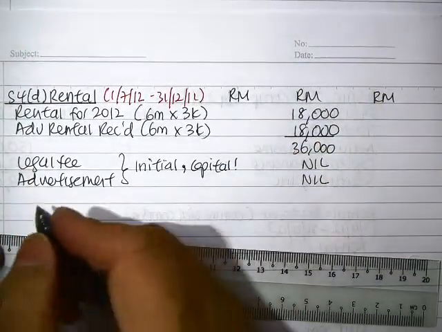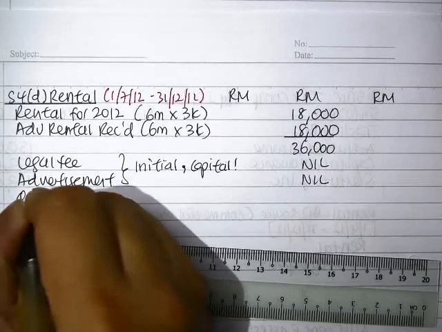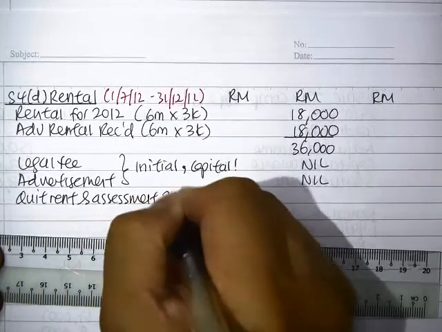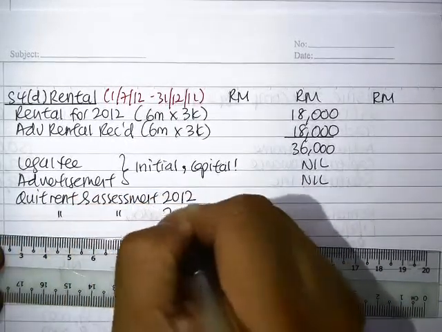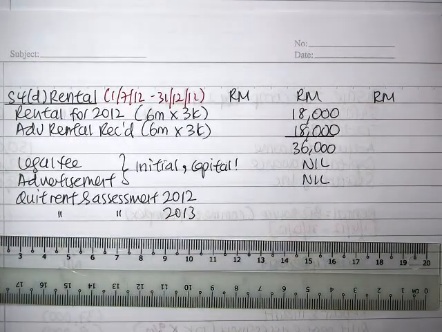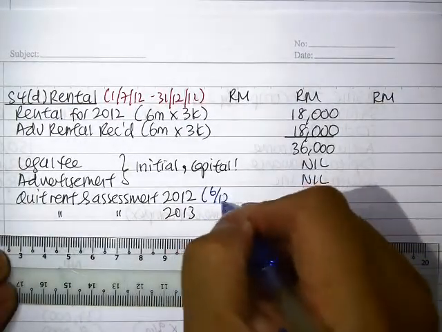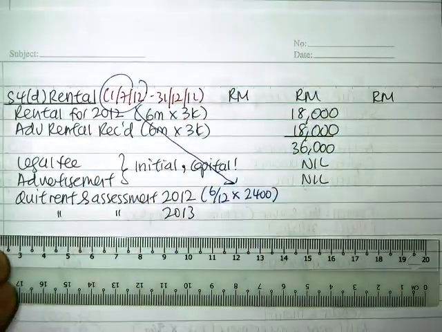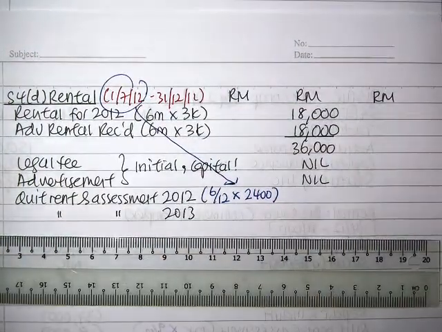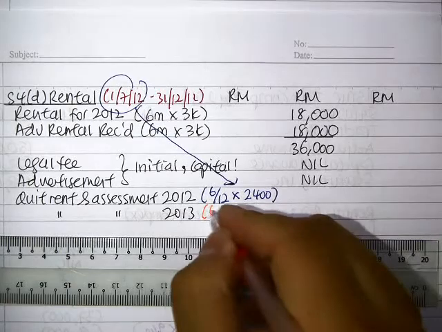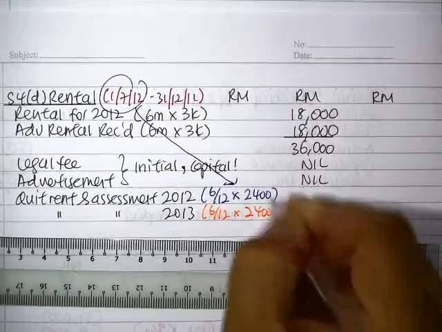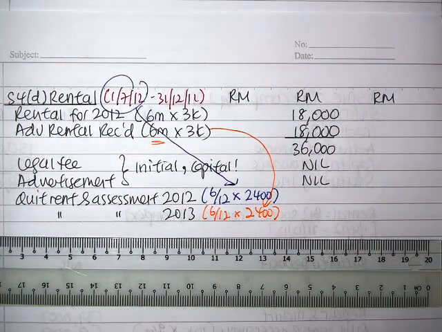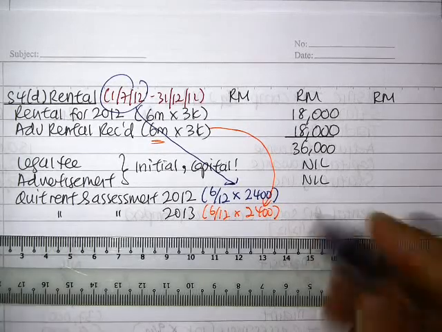Right, for the quit rent and assessment, I'm going to show you in this way. So the quit rent and assessment for 2012. Now you're going to claim 6 months of that quit rent assessment because of your commencement date, and you're going to claim another 6 months because of the advance rental. Follow? So you got to match it. Okay, you got to match it. So 1002,